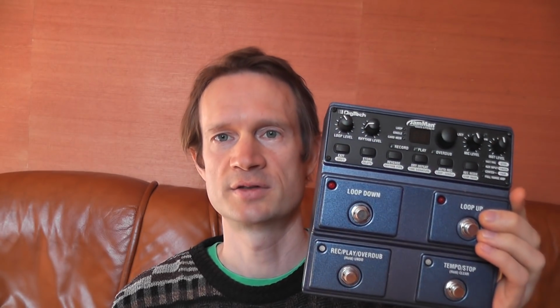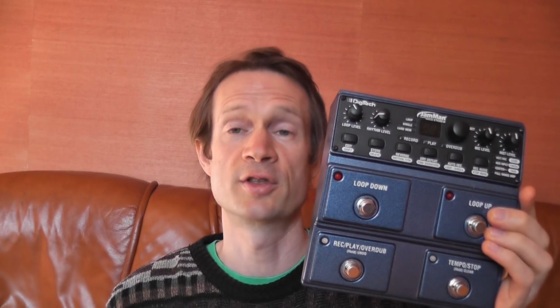And it's very nice that without any additional pedals, you can easily navigate to a different stored memory setting with these two other pedals, making it really nice and easy to, for example, have one recorded loop for a verse and another recorded loop for a chorus, and you can switch between the two seamlessly, which is really nice,